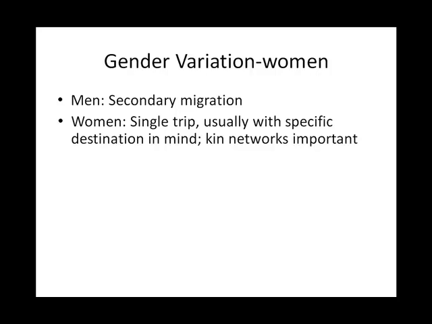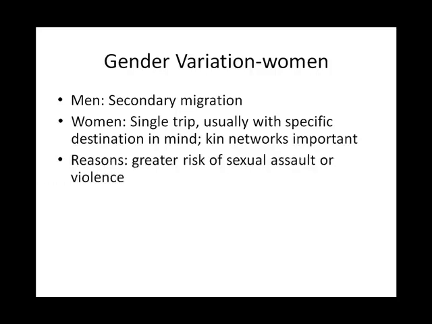Much of the reason for this pattern was to limit the risk of sexual assault or violence. Memphis, for example, gets to be a really rough and tumble town in the early part of the 20th century. And many families from further south, from, say, parts of Mississippi, were very wary about their daughters coming to Memphis. So they're not looking to this secondary migration pattern that men are using. A man might come from Clarksdale to Memphis, work a year or two, then move on to Chicago.